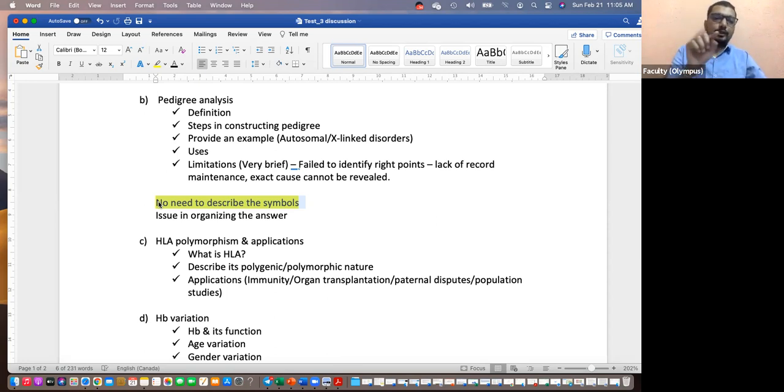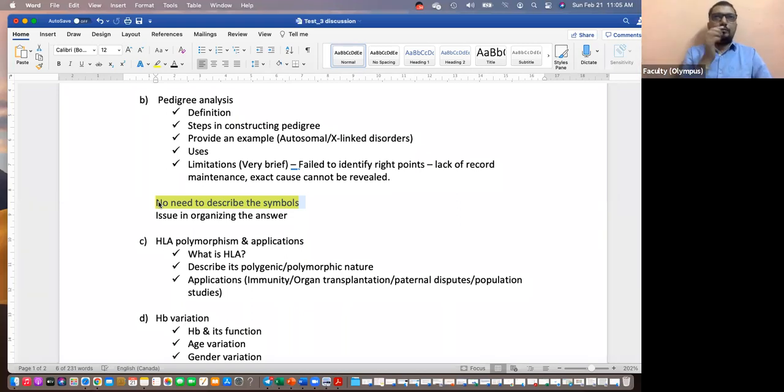So for the proband, you put an arrow mark and you say, these are his parents. These are his sisters and brothers and their family members. Try to put two generations at least: parent generation, after that the second generation, third generation. Put these generations. I think most of you have written well. I think I've seen that you have shown carriers.